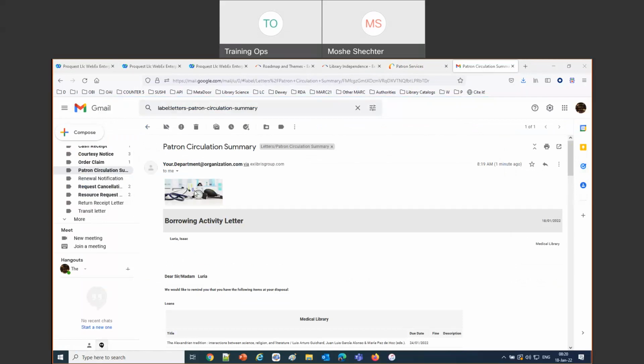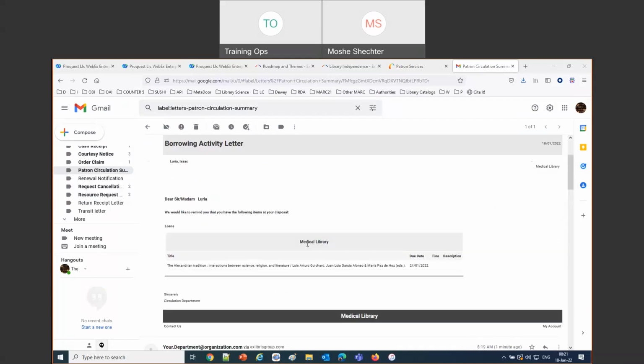Okay, so here, look at that. That's our medical library. Let me make this a little larger in case it's not coming in well on the WebEx. So this is to Isaac Luria, and that's the logo we did for the medical library.